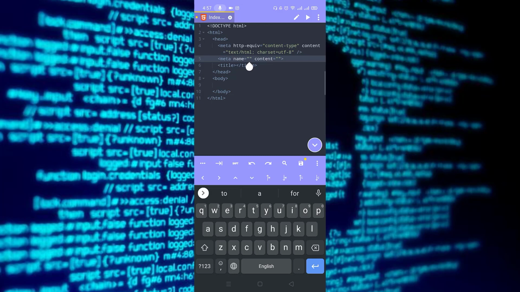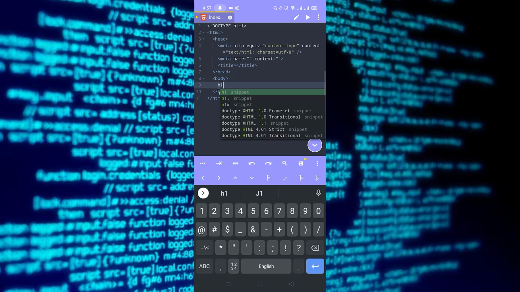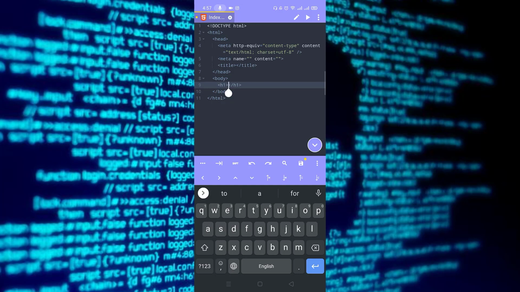It's advanced and you don't have to write it on your own. A mobile keyboard is hard to type on; you have to find the characters, and that's boring. So it's easy. And if you click here in the body tag and type h1 and click on the h1 tag, it's giving you the full code, and you can just type whatever you want.